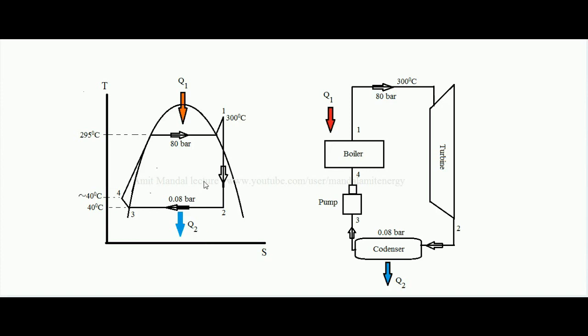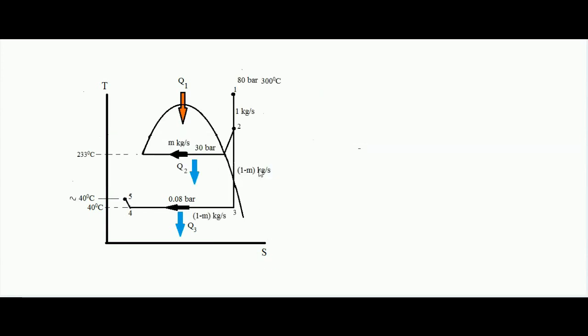Okay, now let's do some modification. Over here, suppose in the turbine steam is entering at 80 bar and 300 degrees centigrade. Now the pressure will fall in the turbine, and we know the pressure fall is continuous, meaning gradually from 80, 60, 40, 20 like this the pressure will fall inside. Now condense the steam twice: condense some steam at a higher temperature and the rest of the steam at the lowest condenser temperature.